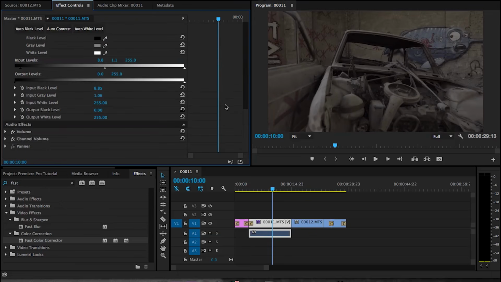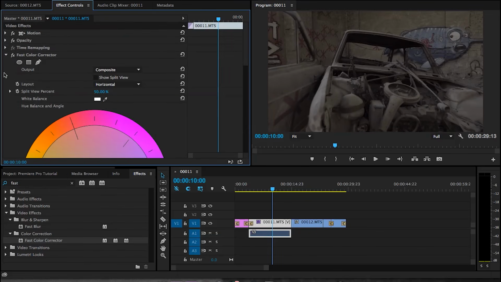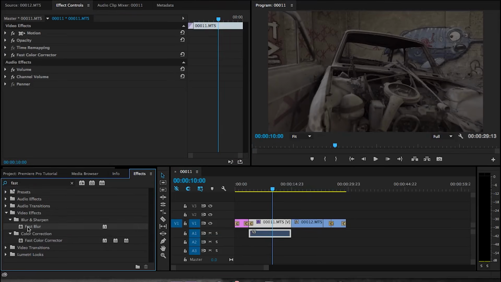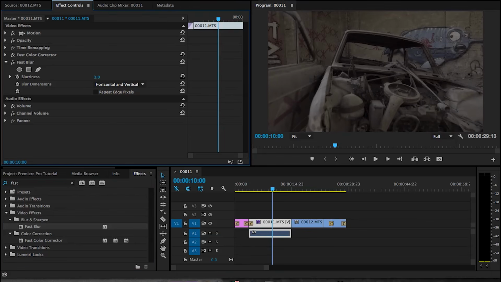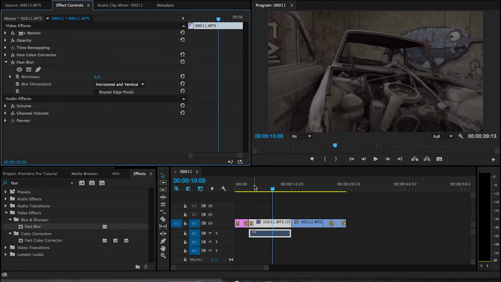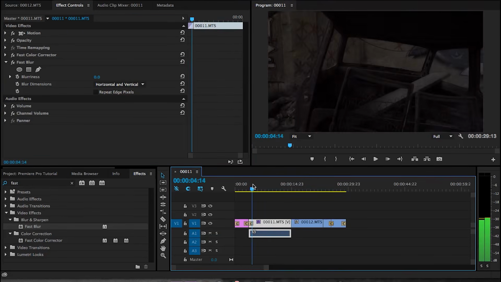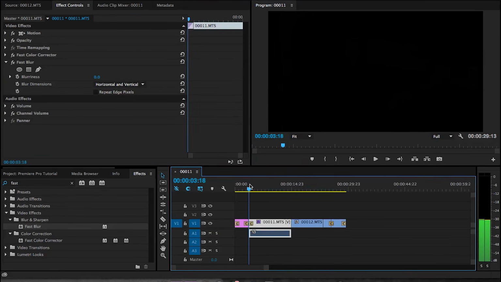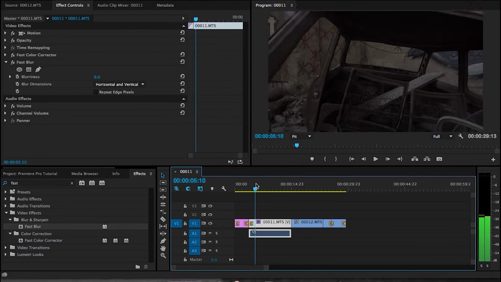Now another effect that we're going to look at is fast blur. And it's just because I already typed in fast and it's already there. So we're just going to blur out this image. But what I want you to notice is that it's stacking the effects one after another. So we can increase the blurriness here. But what if we want to take it a step further and animate how blurry this image is? So make it really blurry in the beginning and then decrease the blurriness as the camera moves out of the